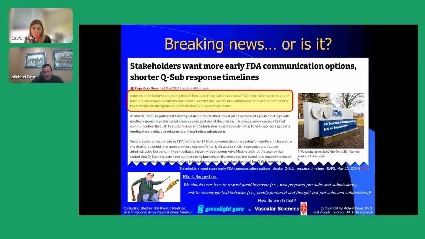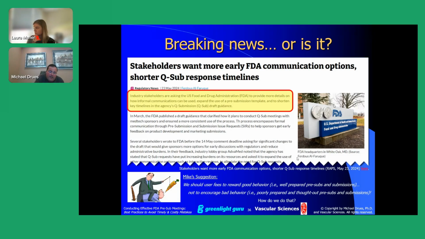There's nothing new here. People have been wanting this for a long time, but at the moment, there's no user fee for a pre-sub. Although give Congress a little more time, I'm sure they'll add one. But I'm not necessarily an advocate of adding a user fee to a pre-sub unless we do it in a very special way. In other words, I want to reward people for good behavior, and I want to penalize people for bad behavior. So for example, in my suggestion, and I made this suggestion maybe before, impose a pre-sub fee,